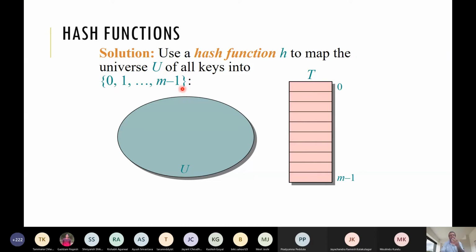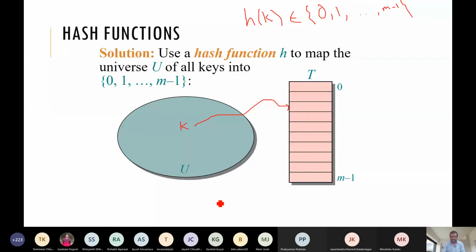Then we just have a function. That function takes a key of any arbitrary size and maps it to a slot in the table. So we take a key from here and apply h, and it will map to one of these slots. So h of k belongs to 0 to m minus 1, and any such function is called a hash function.